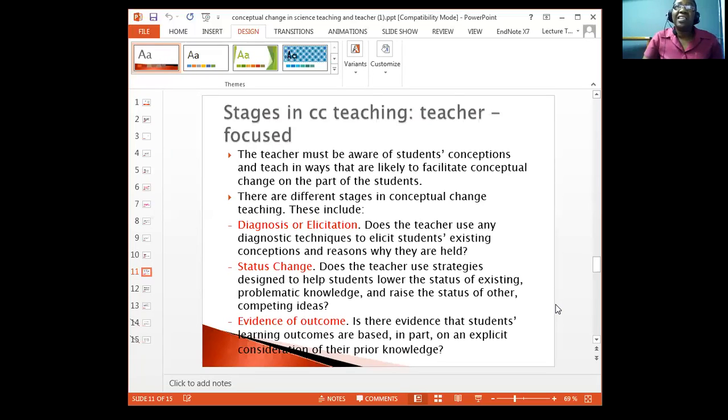But at the end of the day, Ava, the truth is we're going to try our best as facilitators, but remember that it is up to the learner. So in spite of all our very best efforts, there are some cases where people are just going to be very stubborn, and they are going to hold on to their beliefs no matter what,